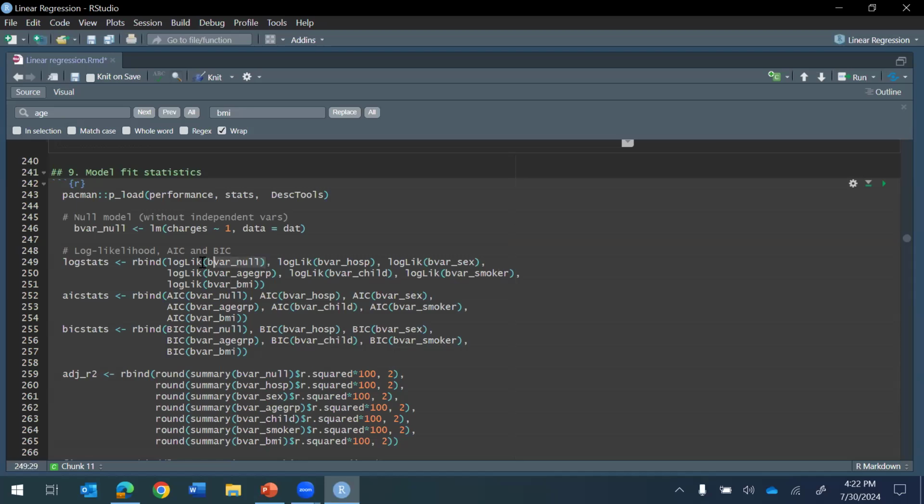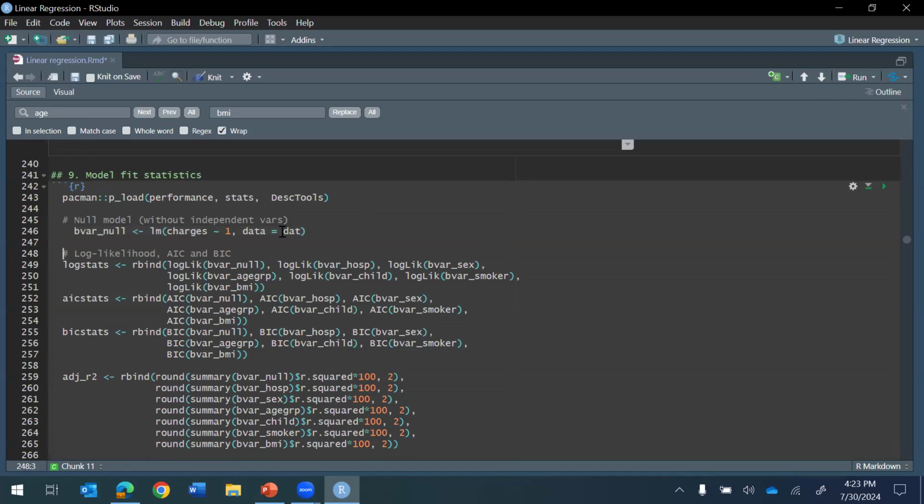I've created here what I'm calling a null model. So this is a model without any predictors. If you do a model without any predictors, what the model is basically calculating for you is the mean value of the outcome, and then it creates what that mean value would be in the true population in that regard. And I'll show you this if you want that. So when we run that